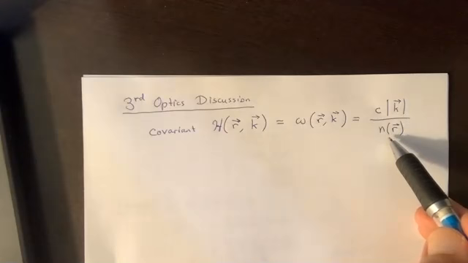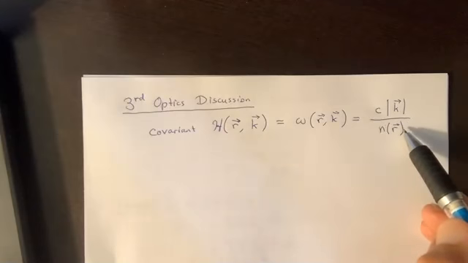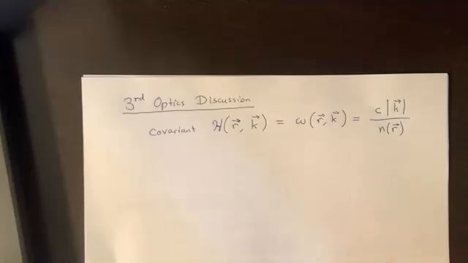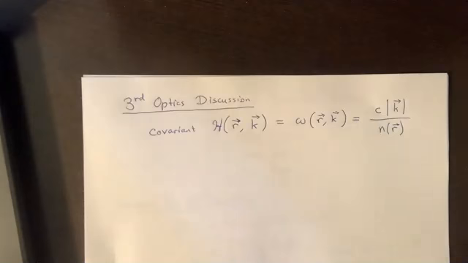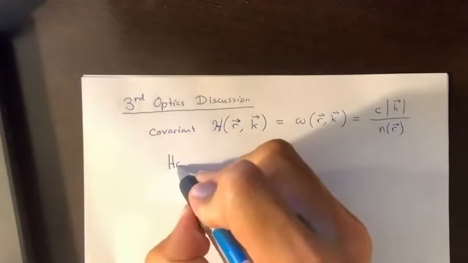In that sense, it's similar to the Lagrangian. Remember, our first optics discussion had a Lagrangian that was a product of two things. The first factor was this index of refraction in the numerator, and the second factor was the magnitude of the velocity vector. So here's this Hamiltonian. You can write out Hamilton's equations. This gives us an opportunity to talk about Hamilton's equations. So here we go with Hamilton's